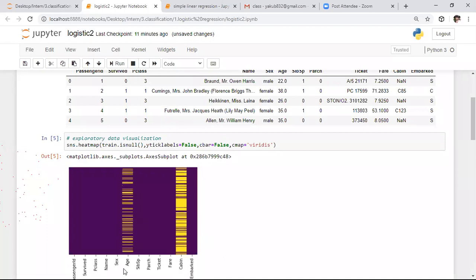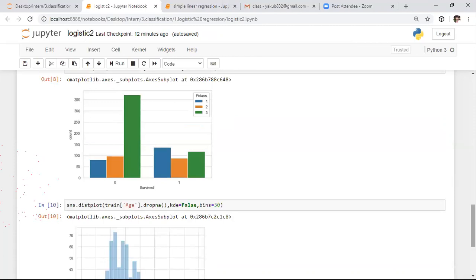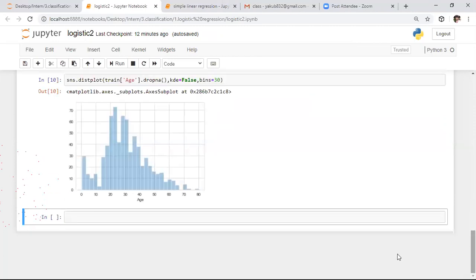Coming to the age column, 20 to 30% of the data is missing, but we can replace that using another feature. We need to apply the imputer class to replace those values. For that purpose, we are cleaning the data. Whatever features are not important, we need to remove those columns.